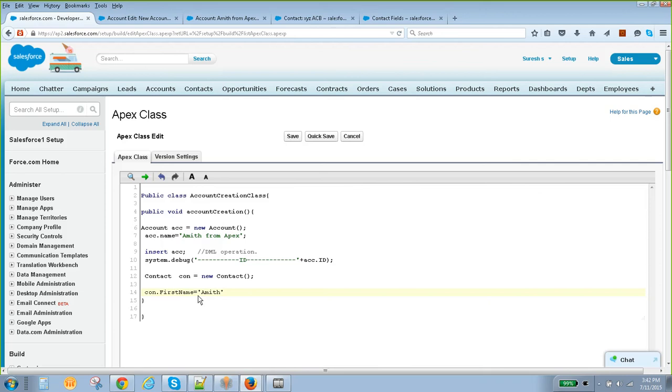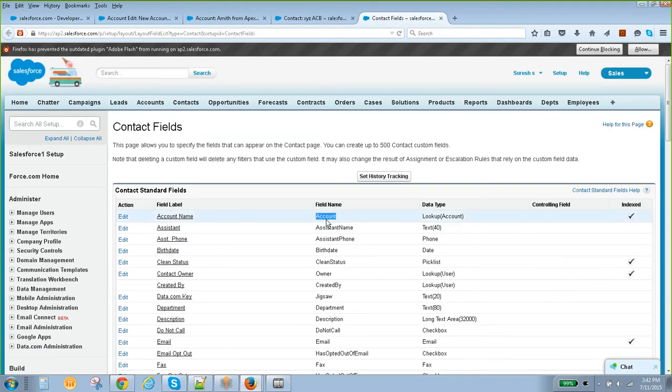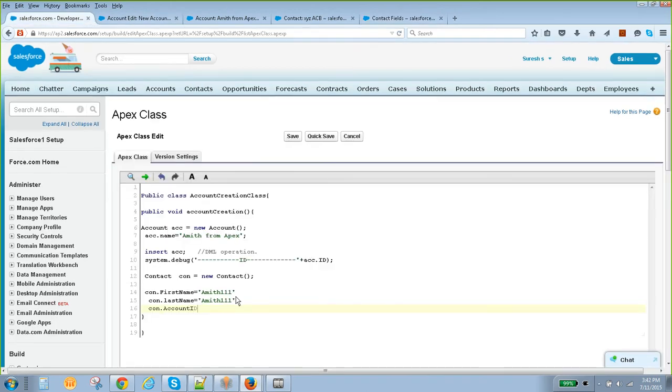Last name, it's case insensitive; you can write it anything, uppercase or lowercase doesn't matter. What will happen now? Look up account, just add account, append with ID, equal to this ID. Clear? Insert. Clear?